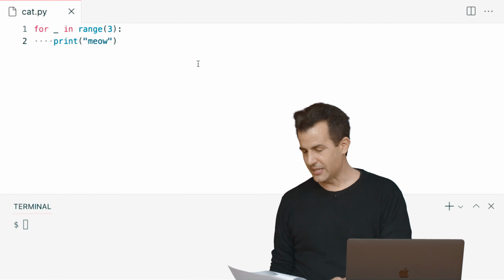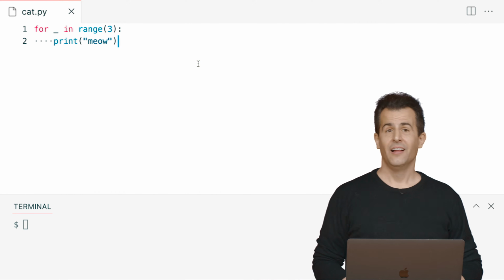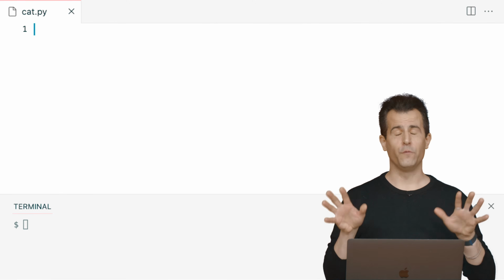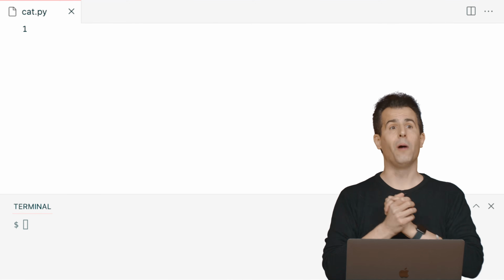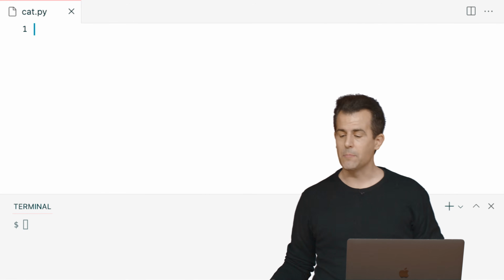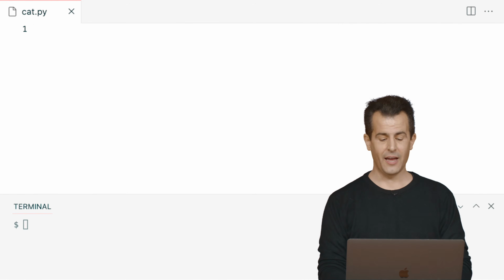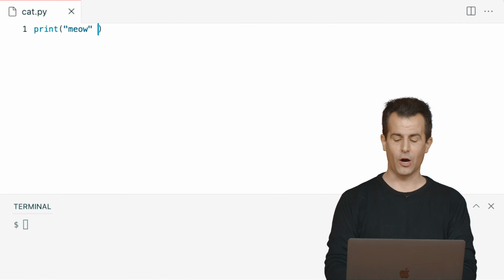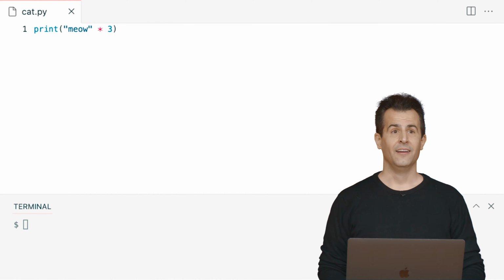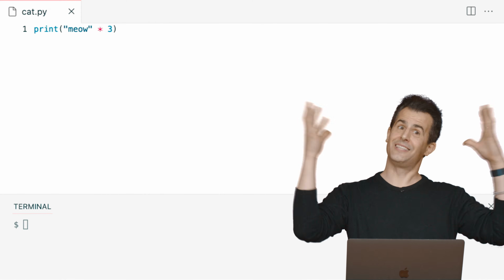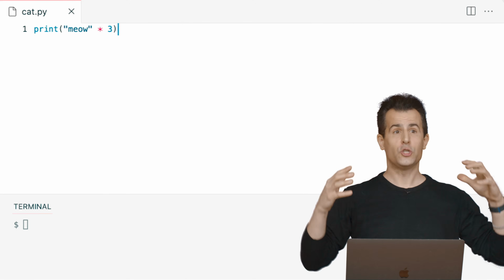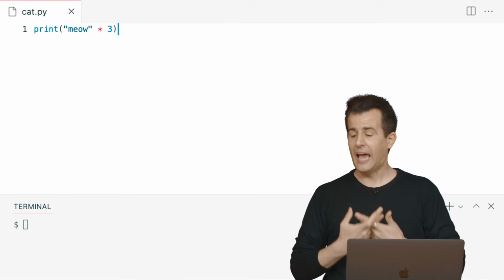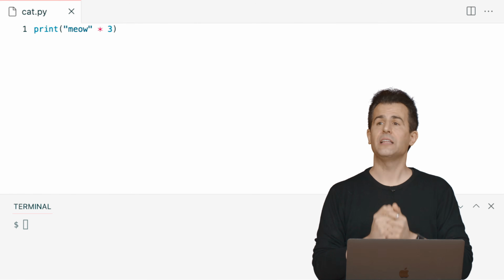But to really get you intrigued by what's possible in Python, let's take this one step further. If we really want to be Pythonic, this one, if you've programmed before, is kind of going to blow your mind, so to speak, whereby if I want the cat to meow 3 times, what if I actually do this? Print, open parenthesis, quote unquote, meow times 3. All right, you have to be kind of a geek to think this is cool, but this is kind of cool. So you can literally just print what you want, multiply it by the number of times that you want it, and you will get back exactly that result.